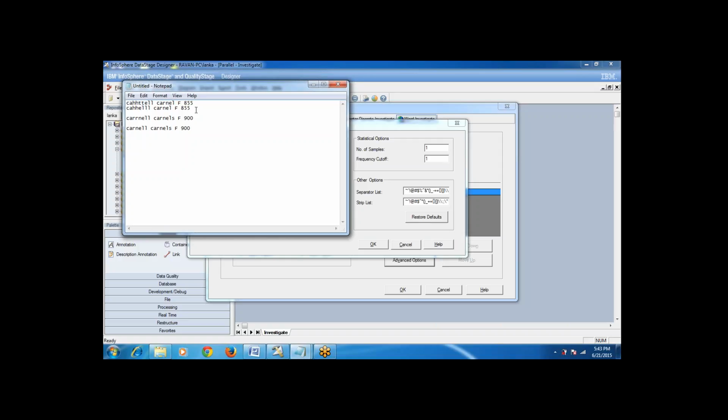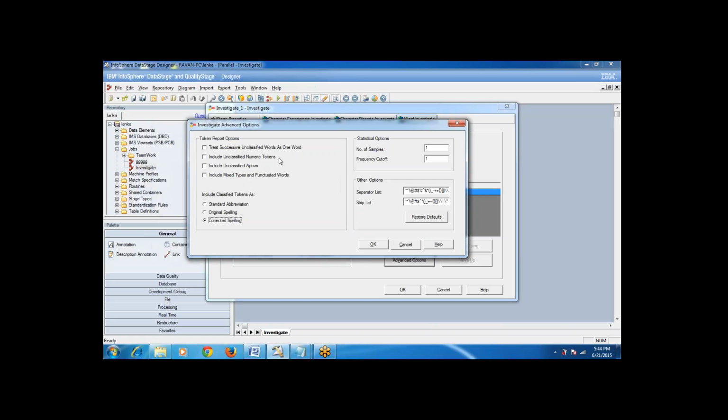For now, the corrected string is nothing but this: it will take your input string and compare how much percentage it is matching with the string specified in the classification file. If it is up to the weight which you are specifying here, if it is matching to 85% or 90%, whatever weight you have given there, then it will take the corresponding corrected string and keep it in the output. So for now, just forget about this; you will get a clear picture when we are discussing the match stage.